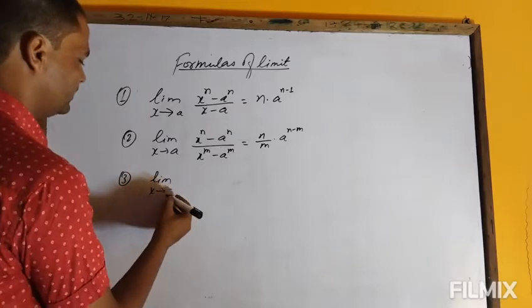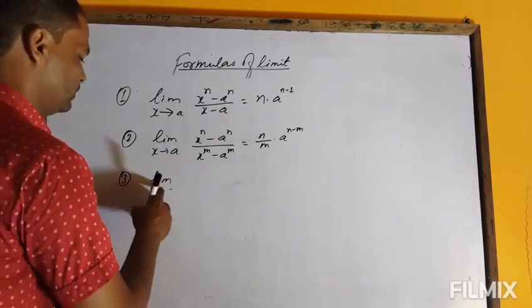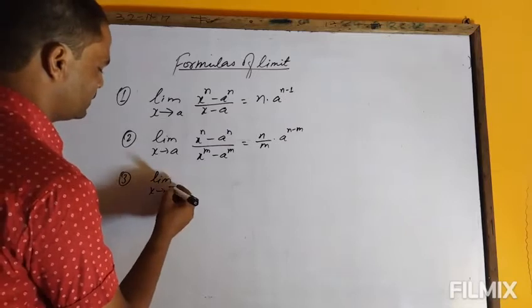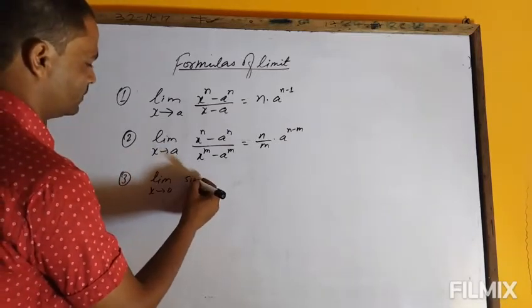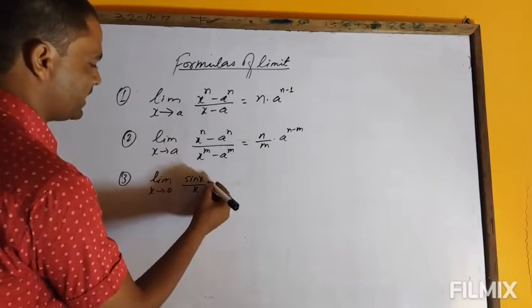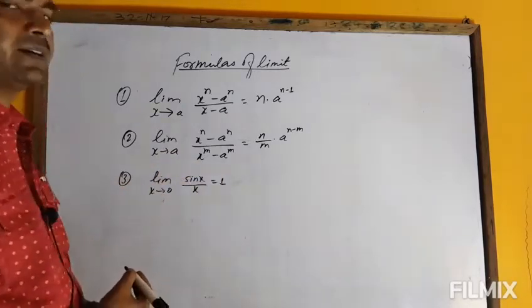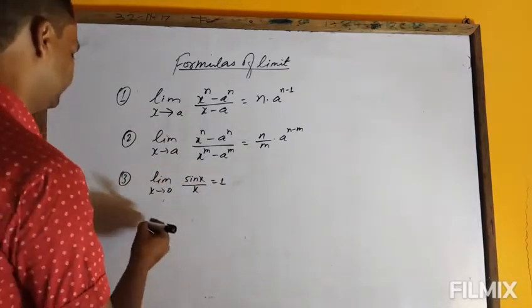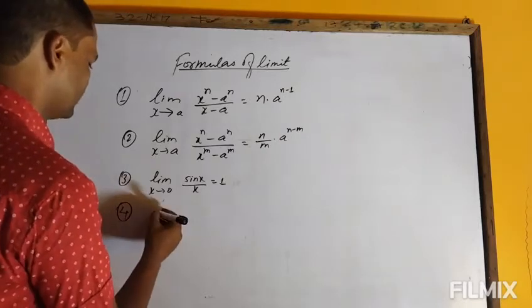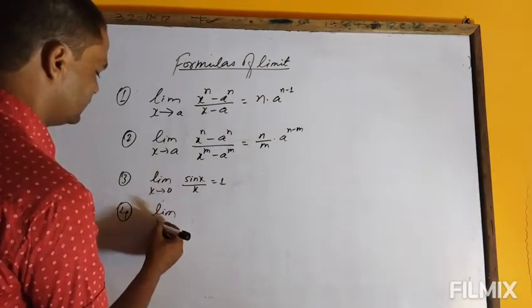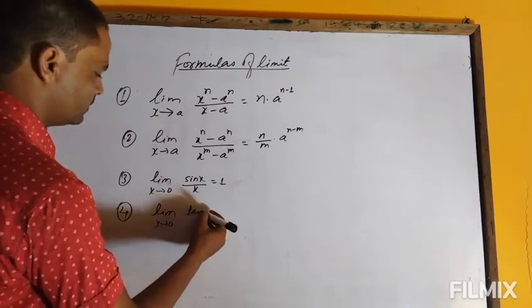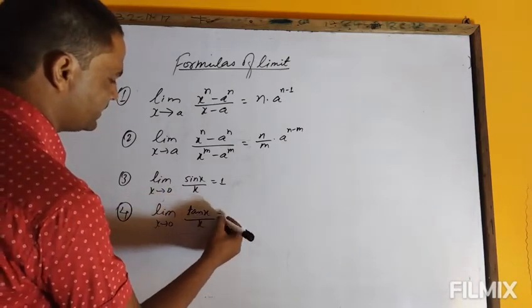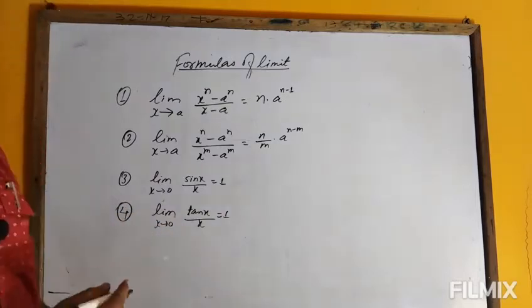limit x tends to 0 sin x by x is equal to 1। फोर्थ, limit x tends to 0 tan x by x is equal to also 1।